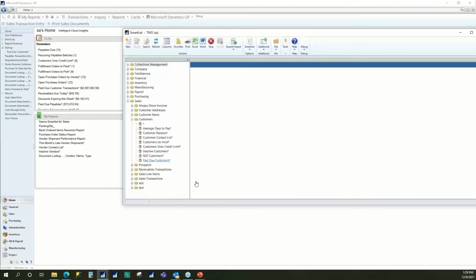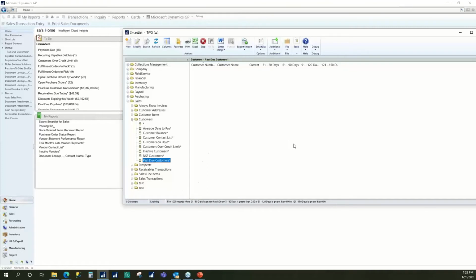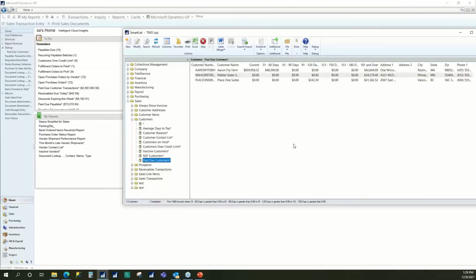So again, past due customers is a good example that we used in one of our shortcuts a moment ago, but it's also a good example of what I would consider a growing and shrinking list dynamically on a day-to-day basis. As people do collections, that customer pays down his balance, and voila, they drop off of this list at some point. So past due customers becomes a great example and a great